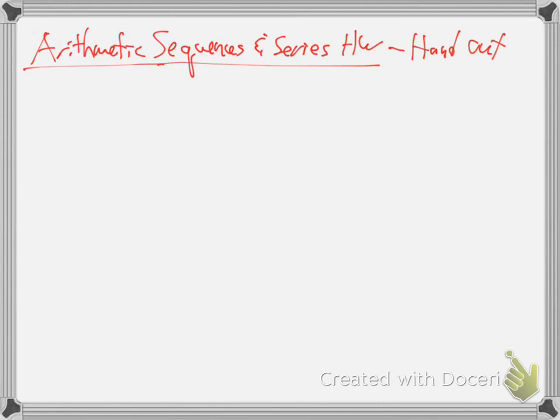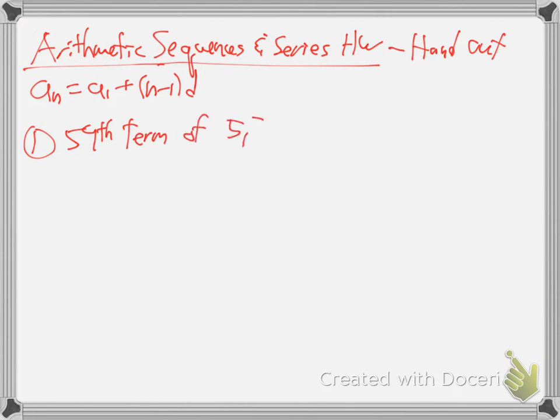So they give you a couple formulas right up there at the top. These would be very helpful to put on your full sheet of notes for the final exam. a1 plus (n minus 1)d. And then I'll do the other one in a minute. All right, so let's start off. Question number 1. Find the 59th term of 5, 7, 9, 11, ...